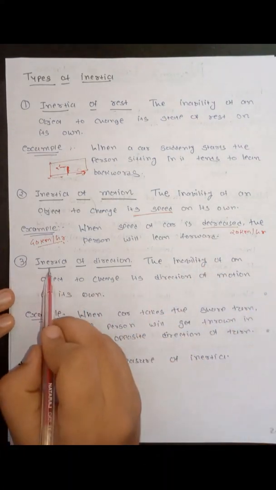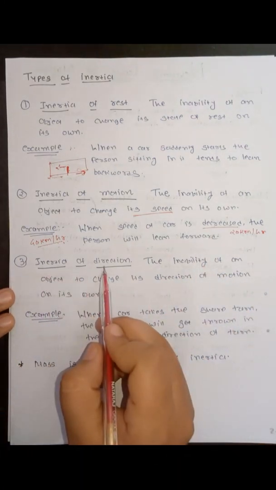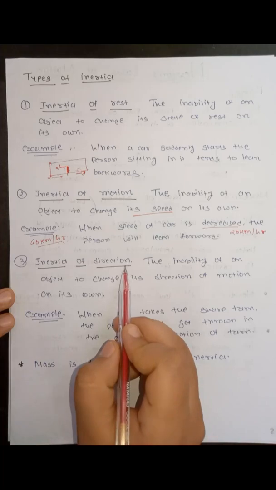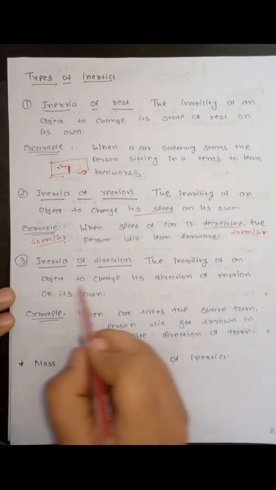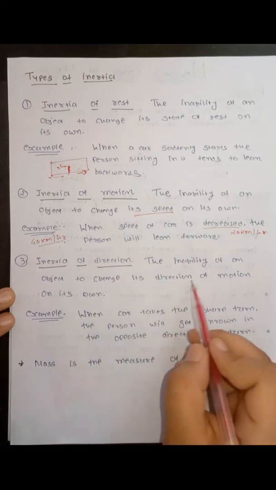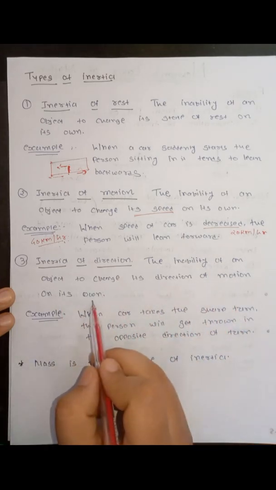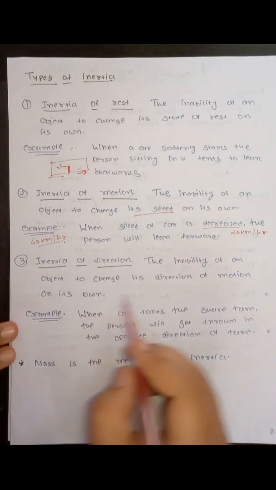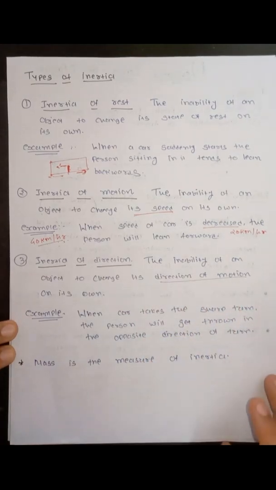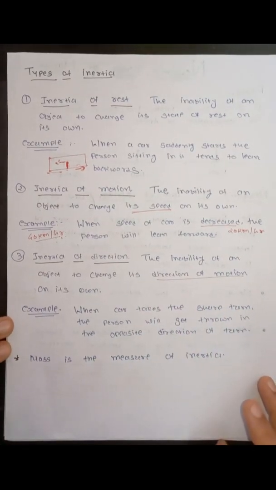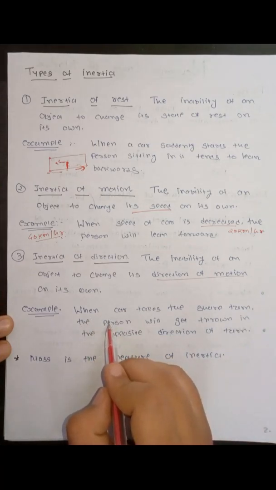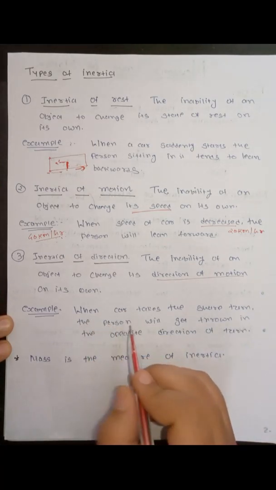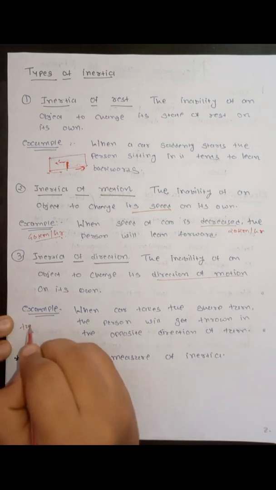The third type is inertia of direction. The inertia of direction is the inability of an object to change its direction of motion on its own. For example, we are taking example of the same car. When we are sitting in a car and the car takes a sharp turn, let's say in leftward direction,